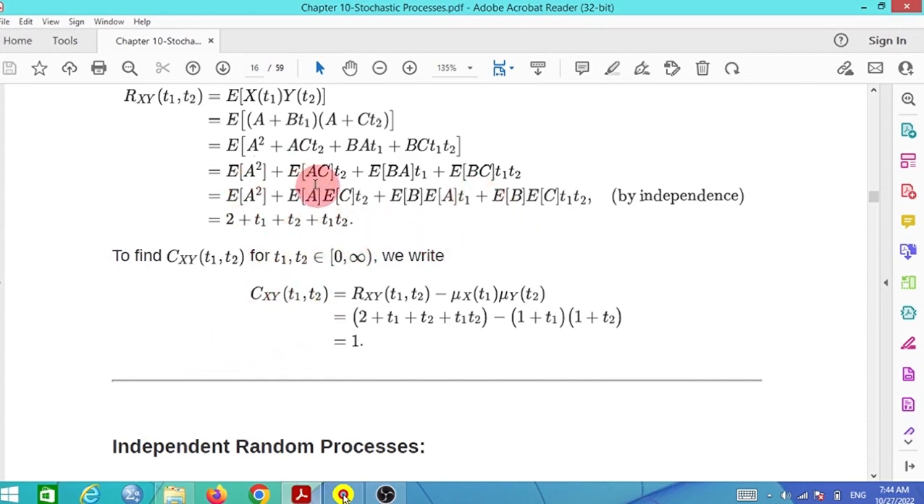Use this calculation to calculate the covariance function. The covariance function is the correlation function minus the product of expected values. The correlation was calculated above. Replace this value, minus the expected value of x, which is this value, and the expected value of y, which is this value. Calculated above and simplified, we reach 1. Take a break and come to this